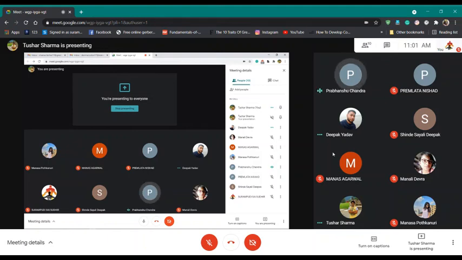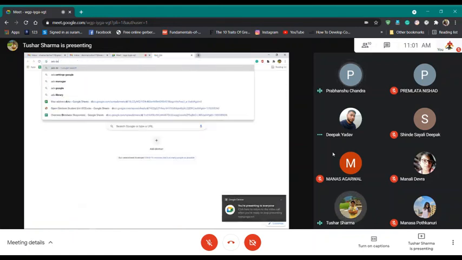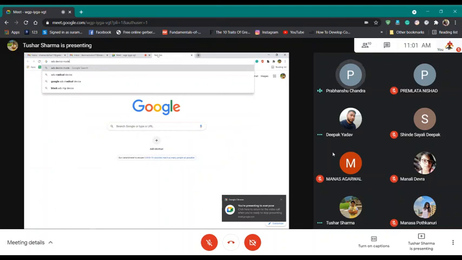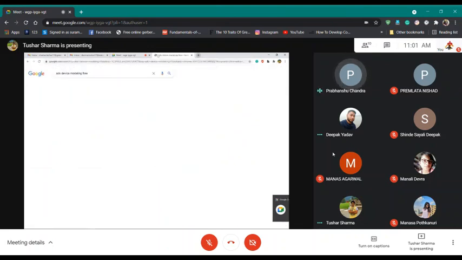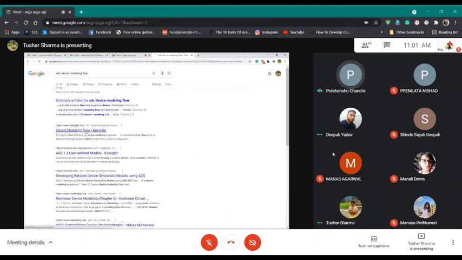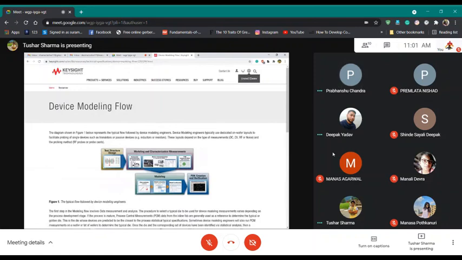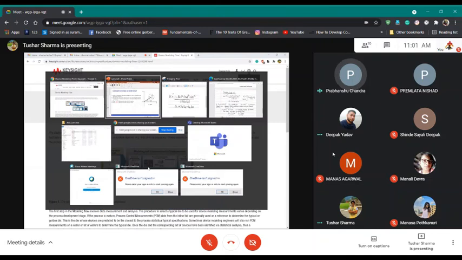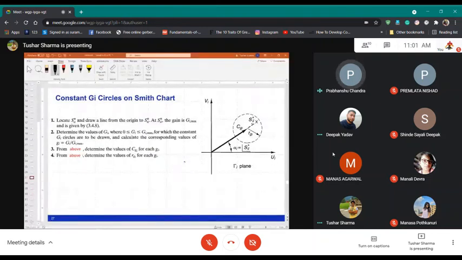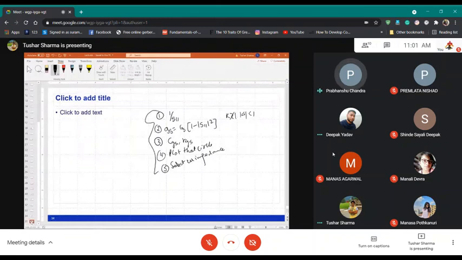So as sir explained, when we fabricated the device, we measured various characteristics of the device like the S parameters and the DC characteristics. What we want is that the designer should be able to simulate, before giving out any process flow of designing a chip, how the circuit will behave. So for including that fabrication part into the EDA tool, we have to create a model for that fabricated device. So we are working on that.